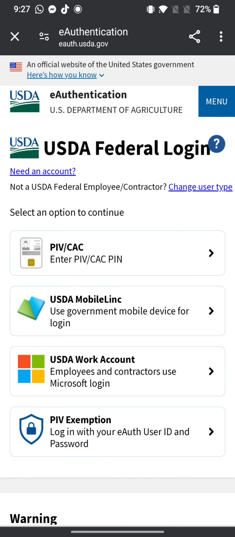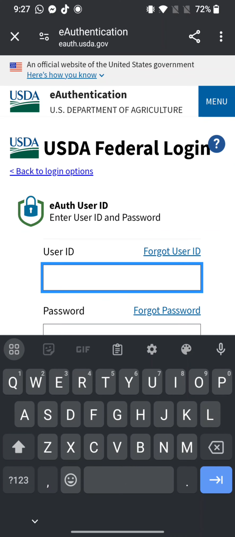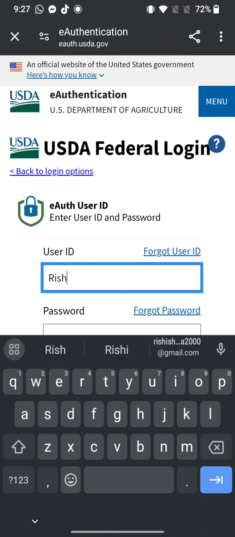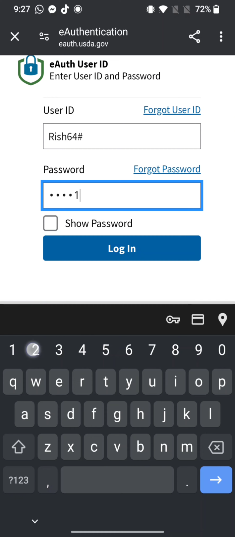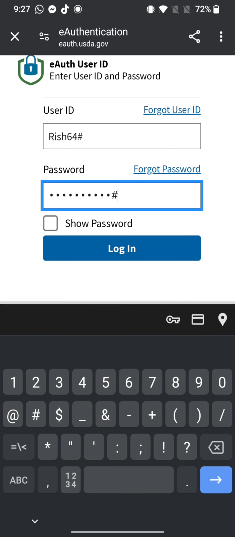The official page of USDA Connect HR's account will appear on the screen. Tap on the Login with User ID and Password option. On the next page, enter your user ID and password associated with your USDA Connect HR's account and tap on